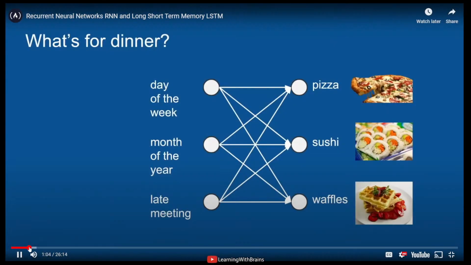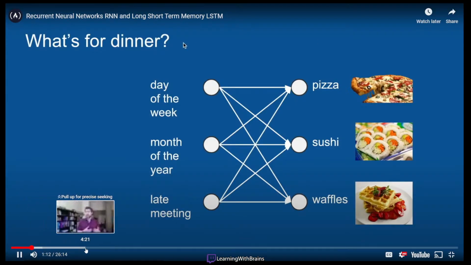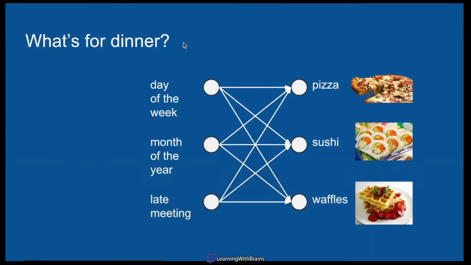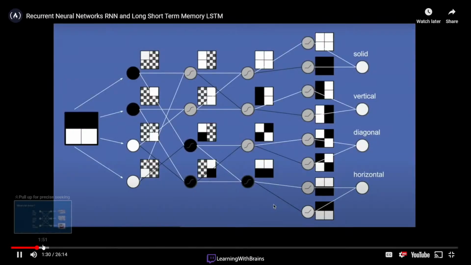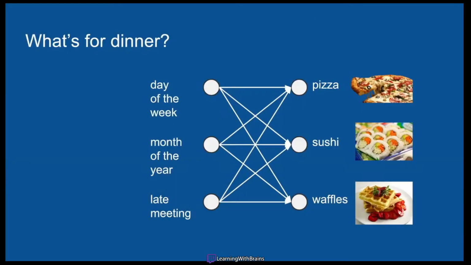In order to predict what you're going to have for dinner, you set up a neural network. The inputs to this neural network are a bunch of items like the day of the week, the month of the year, whether or not your flatmate was in a late meeting, variables that might reasonably affect what you're going to have for dinner. Now, if you're new to neural networks, I highly recommend you take a minute and stop to watch the